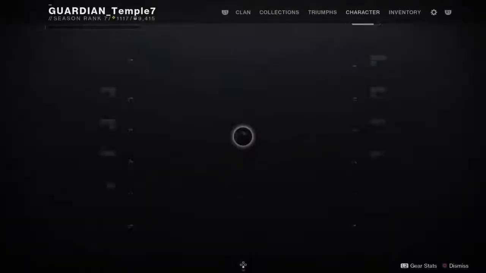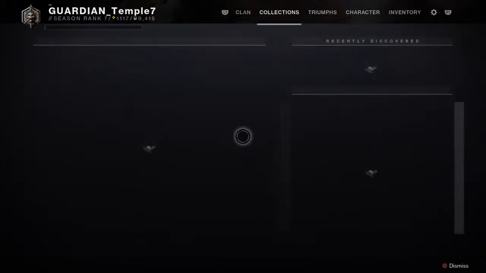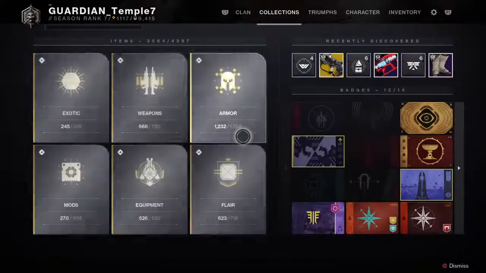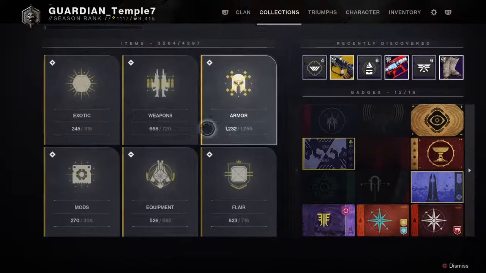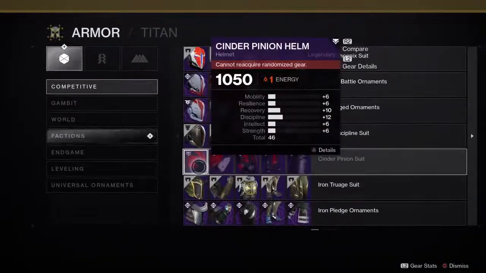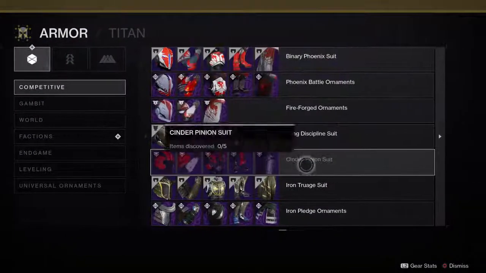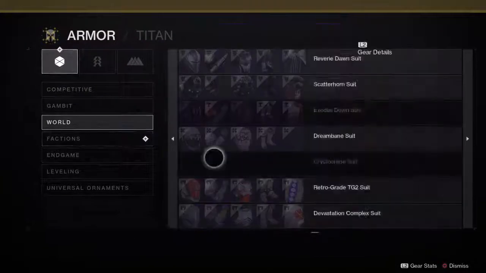But I was excited to go see the vendors, so I went to Zavala. I checked out the Vanguard armor. I was like, okay, I could dig this. Then I went to the Crucible armor, and I'm like, no, I can't dig this. The Crucible armor and the Vanguard armor are the exact